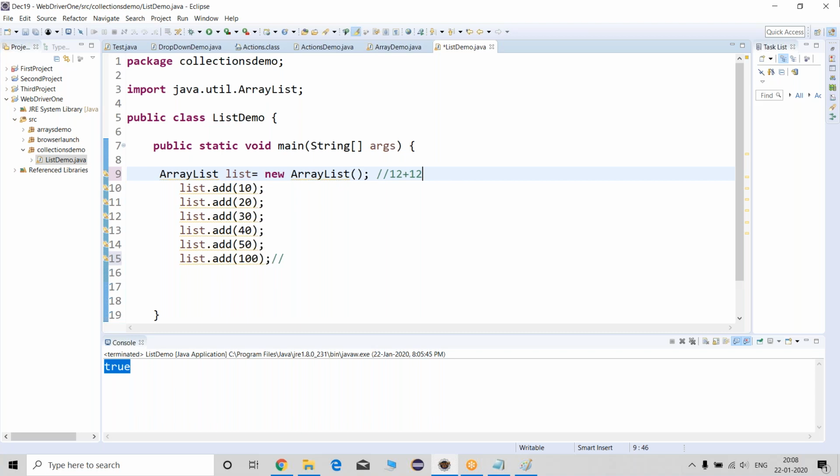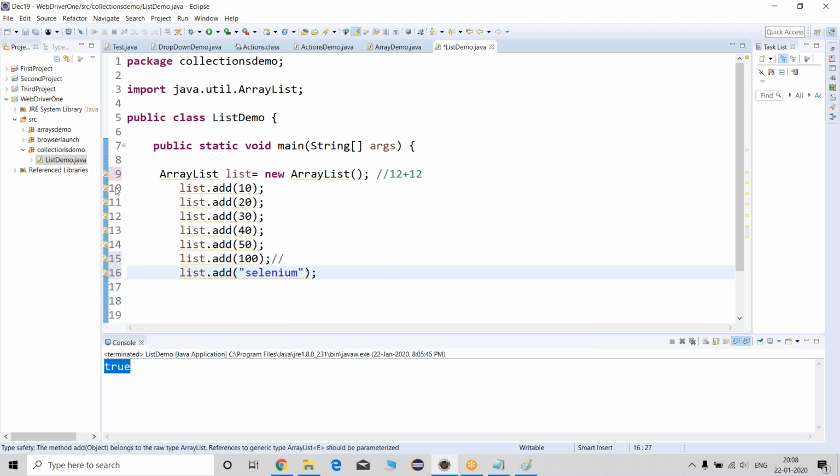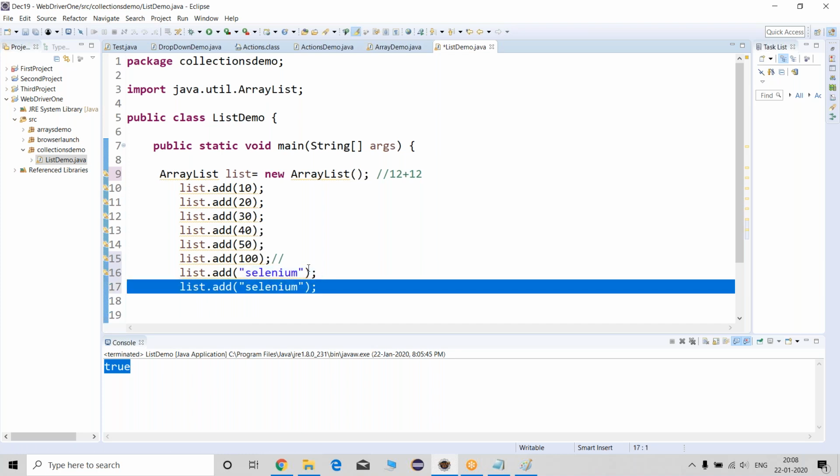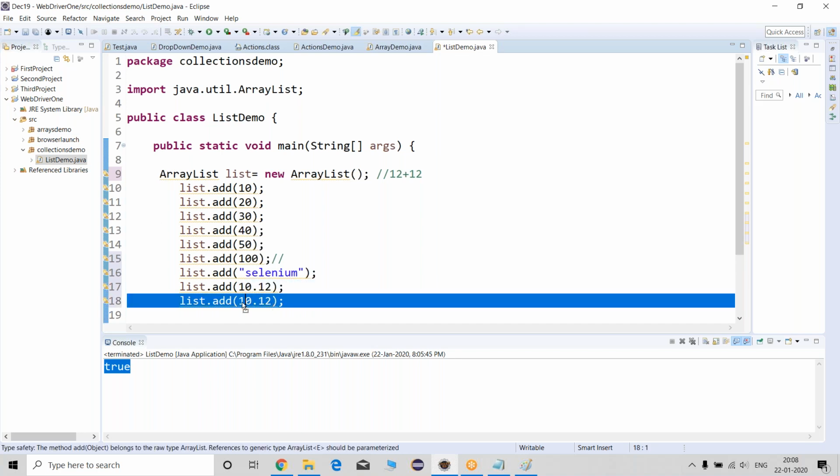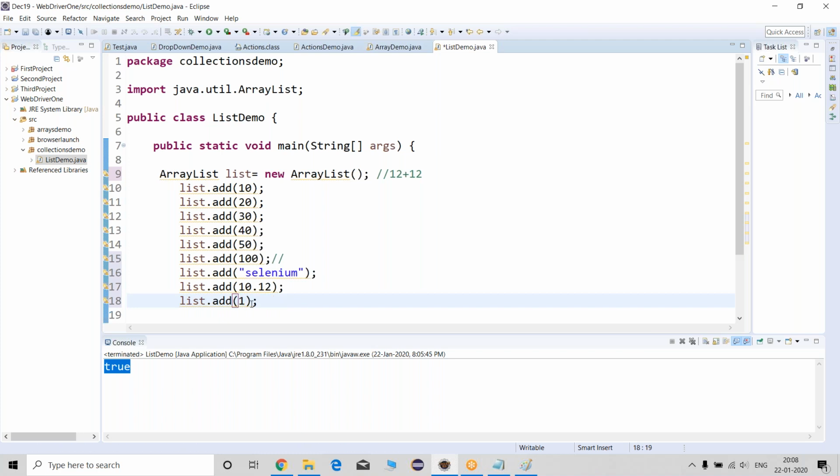And moreover, here you can give any data type. See, initially I have given numbers, right? Observe here. Let me give a string here. See here, I can give any data type. I can pass 10.12 or I can pass even characters too. Character we have to pass in